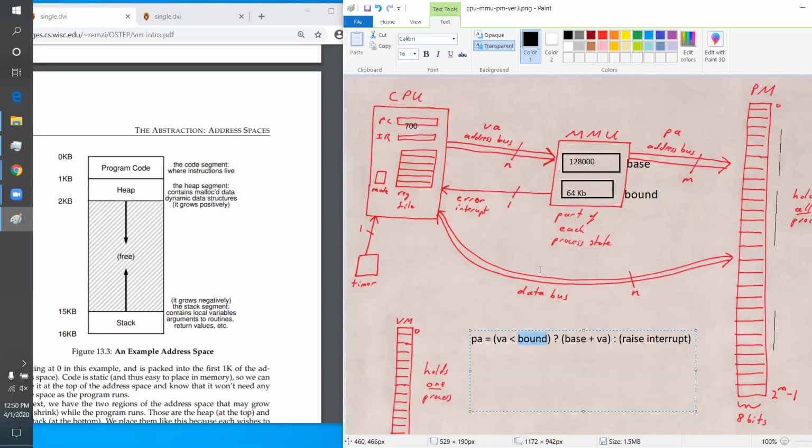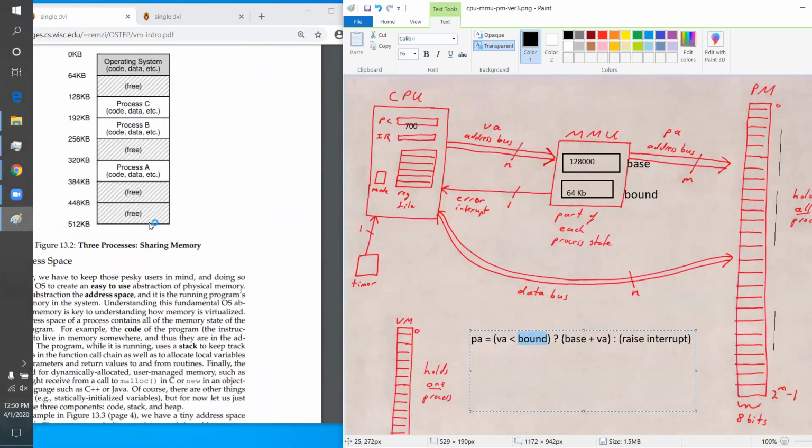But when this stuff was done in the old days, it was assumed that the different processes would be different sizes. Some processes would be small and some processes would be large. So you didn't have to have every process exactly the same size. So you had a base register for where the process began, and then you could have a bound register that said how big a process was. So you could have a process that was 2 of these chunks here. By having a bound that was 128K, a process could start here and go up to here. It could occupy 2 of these regions here. Okay, so depending on the architecture, you could have just a base register, or more often you had both a